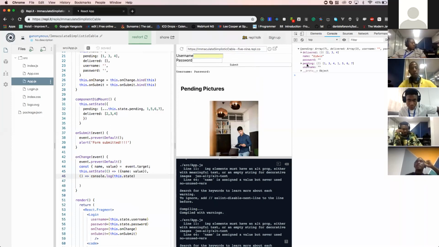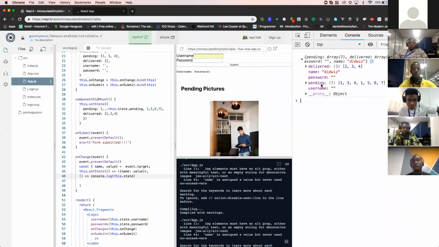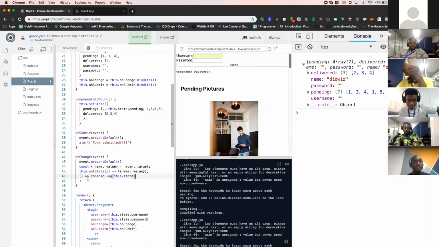Okay, can you see my screen? Can you see my console? Yeah. Okay, so what I did was, after setting state, I asked that